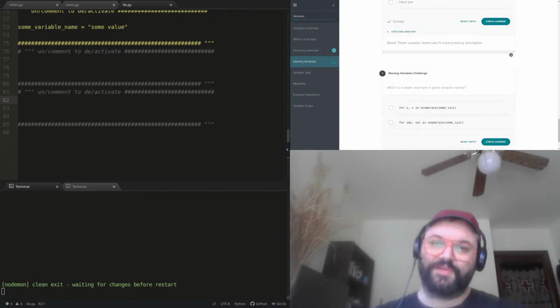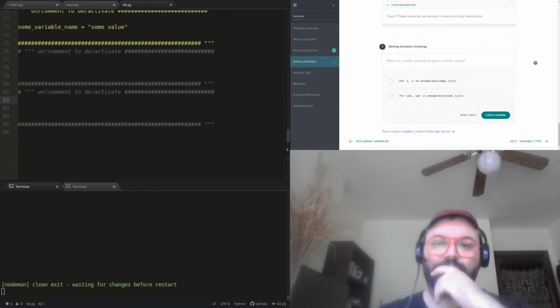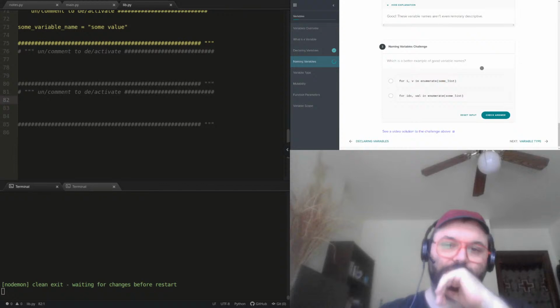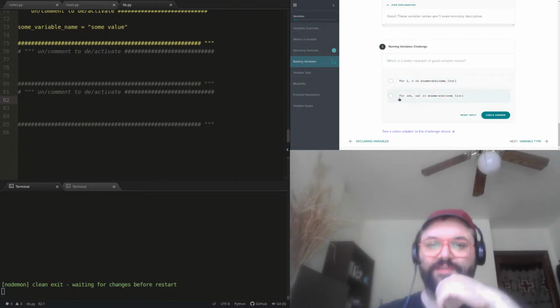These variable names aren't even remotely descriptive. Which is the better example of good variable names? So these are for loops. We're pretty early on in the material, so I'm not sure for loops have been introduced yet, but these for loops,